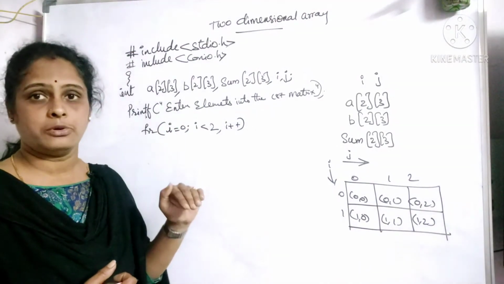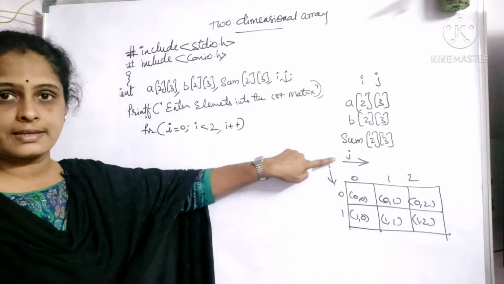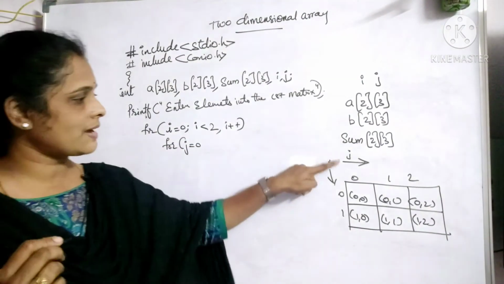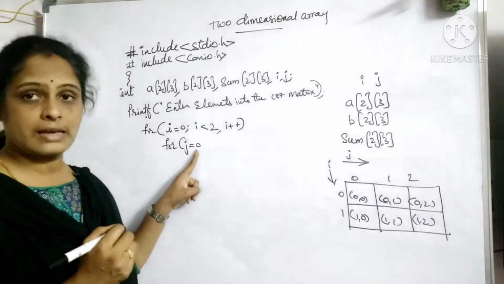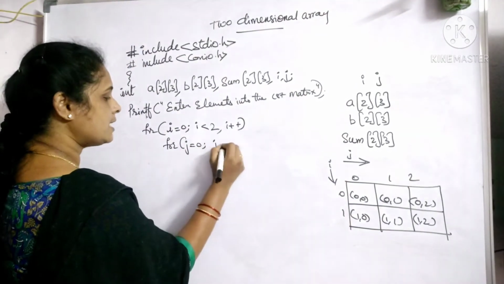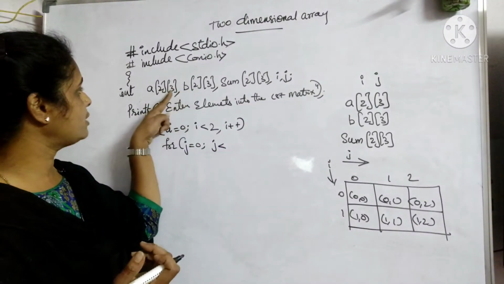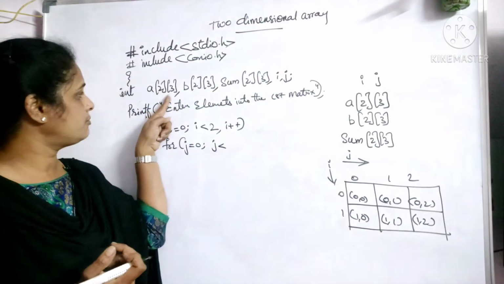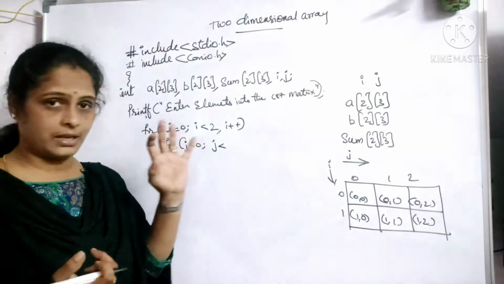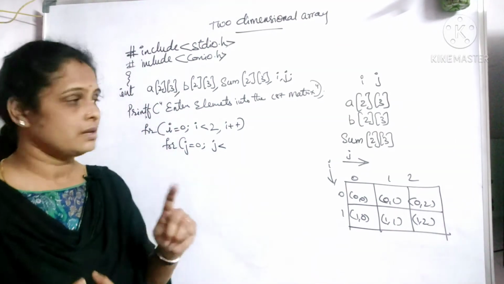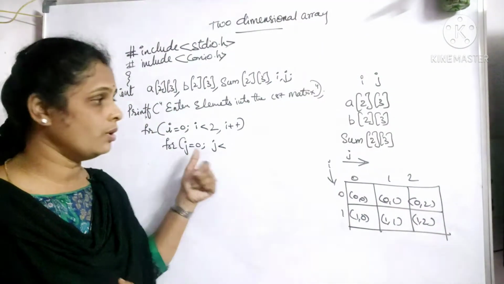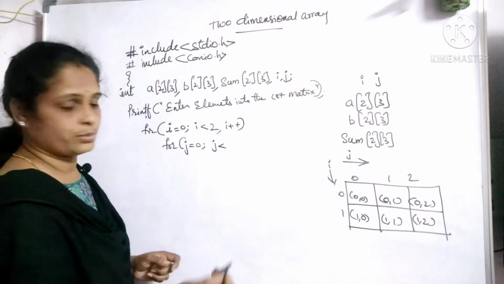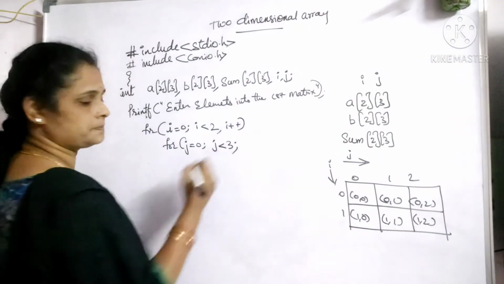Here we also have one more dimension, that is column. So column we are mentioning using J. Now the initial value of this column is 0, so initially I have kept a 0 here. Then J less than what? What is the value of J column here? 3, right? We are talking about the first matrix. So the first matrix column is 3, meaning the maximum elements in it can be 3. Because the array element starts at 0, it should end at 2. That means less than 3 will be okay, or you can give less than or equal to 2. Fine. For now I am taking less than 3.